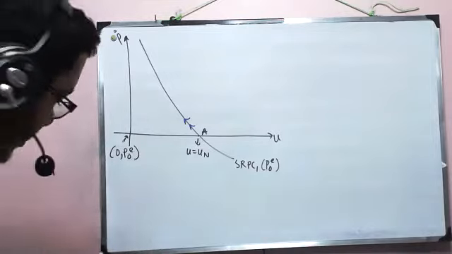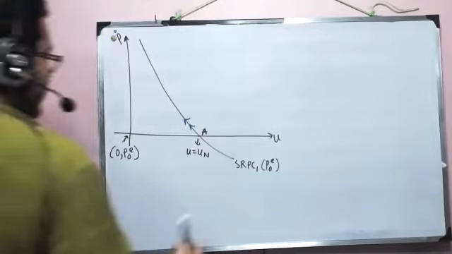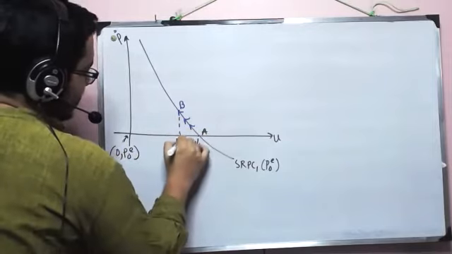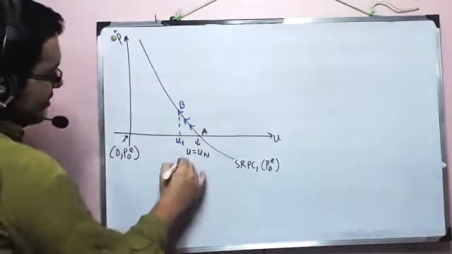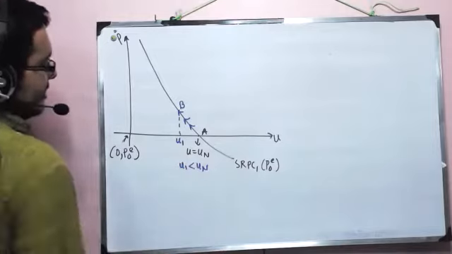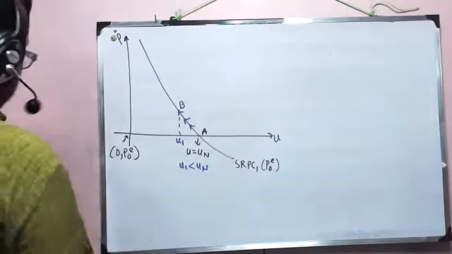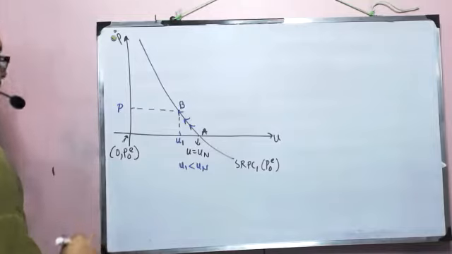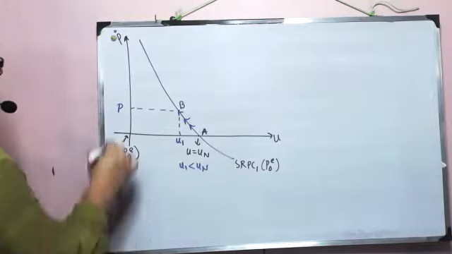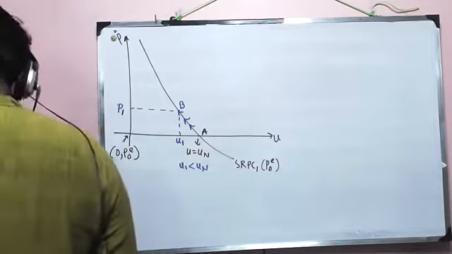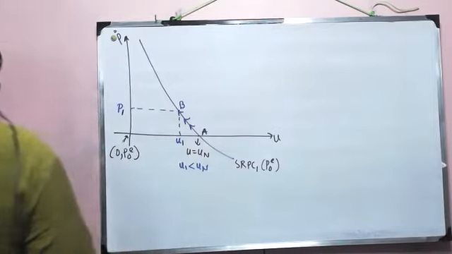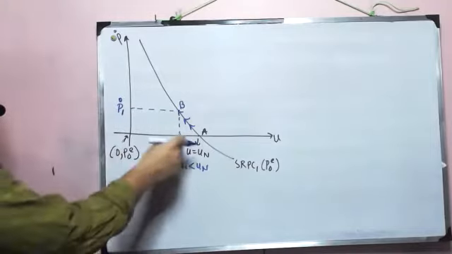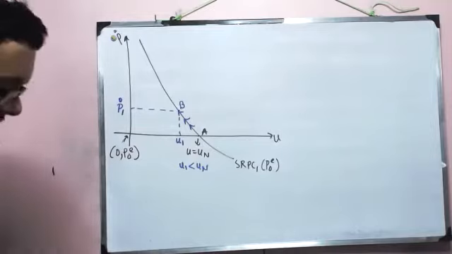Let me mark even that. So diagrammatically, let's say the economy reached some point called B, where the unemployment rate is U1, and obviously U1 is less than the natural rate, but all of this is in the short run. And let's say the inflation, the price level change that we are looking at, is occurring at some level P1 or P1 naught. That is the inflation rate corresponding to U1. Now let's see what happens.